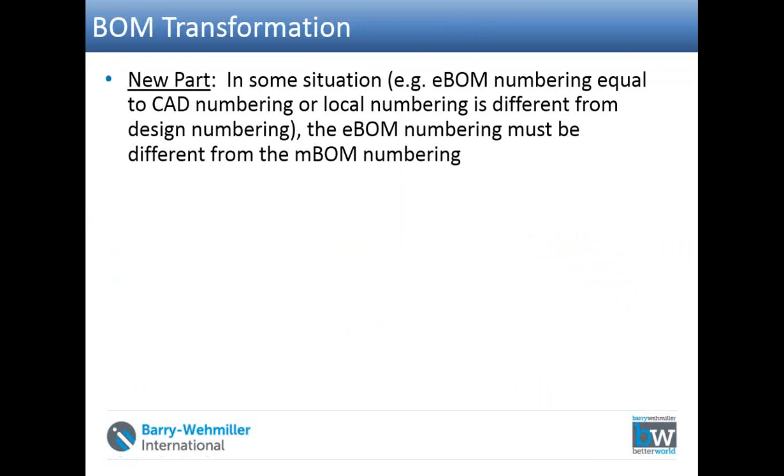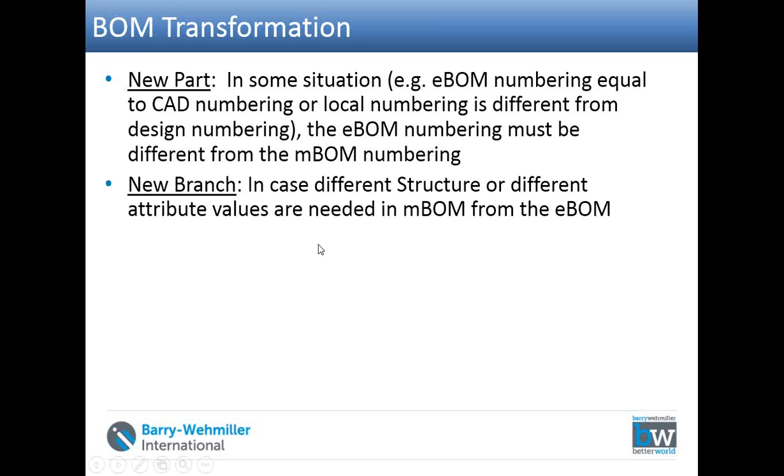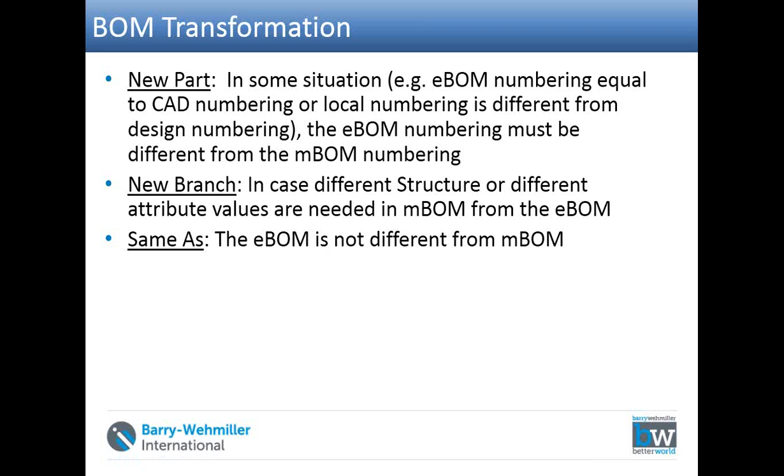So these are the ways in which we can transfer the E-BOM to the M-BOM. A new part is one where the numbering must be different. If the E-BOM numbering and the M-BOM numbering are different, we can use the new part and the new branch, and the same where the E-BOM and the M-BOM parts are the same, and some phantom,